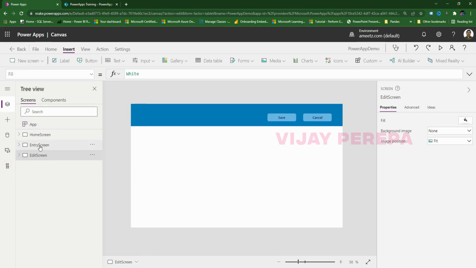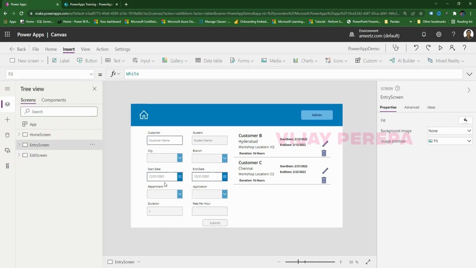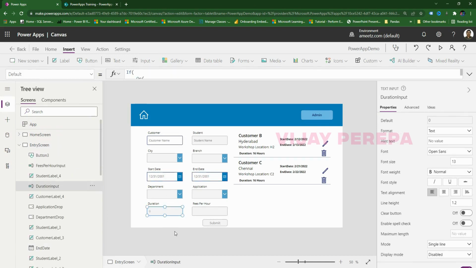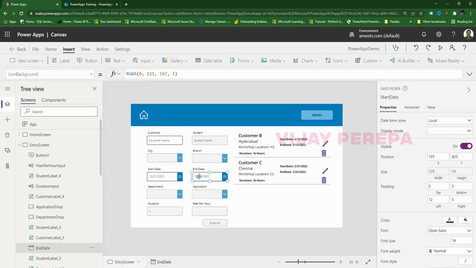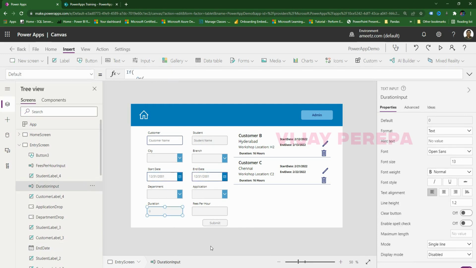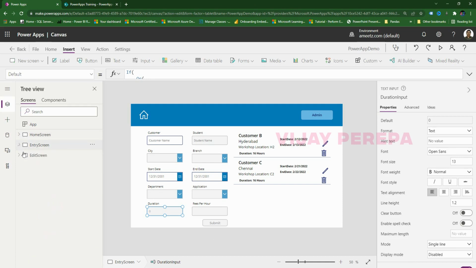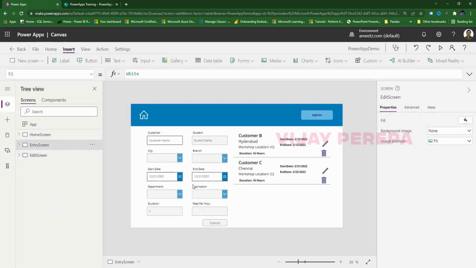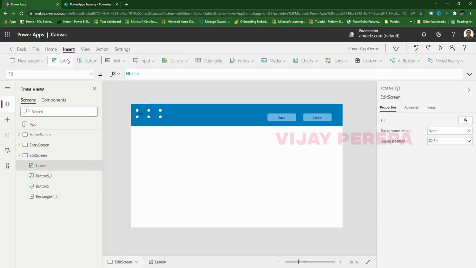What cancel does and what save does is based on the fields we are adding. I'm actually having a scope of change only for start date, end date and duration, because customer name, student name and other fields are almost settled. Only my customer may ask me to change the duration, maybe reduce it or increase it. Only those fields I am going to edit. Other fields are not to be edited. So I'll do one thing. In the edit screen, out of 10 labels, I'm adding 7 labels only to showcase the data. So label,